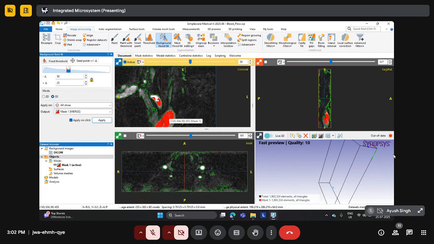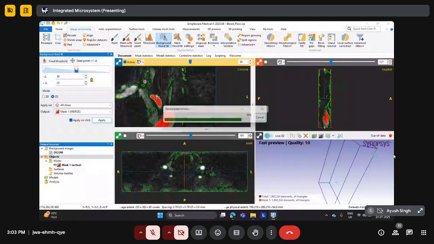So for example, corresponding to this file, the grayscale value is 455. Whenever we are using the seed point feature, we have set a negative delta value of -50. So it will take the grayscale value into consideration from 405 to an upper value around 480, since when we add 25 to 455, it will be 480. And once that is done, we will have a grayscale range from 405 to 480, and whatever region lies between this particular grayscale range will get covered, and this way we can develop a highly accurate model for